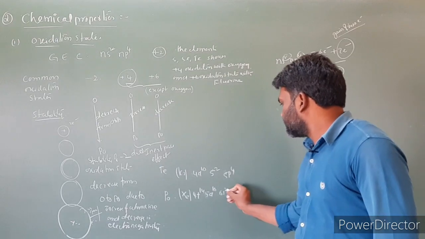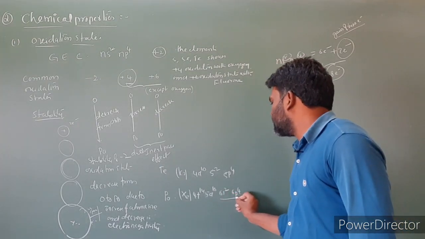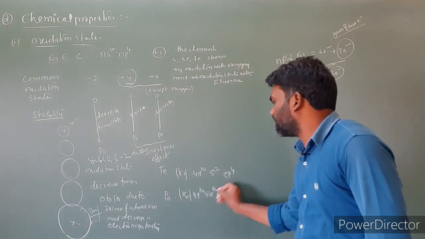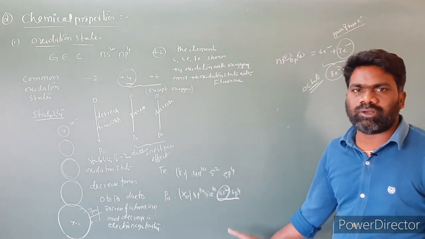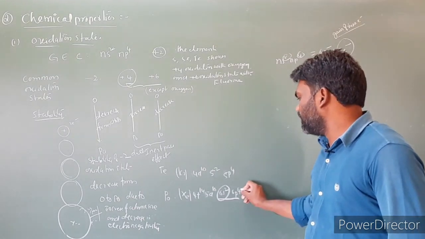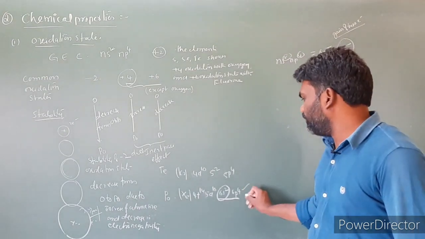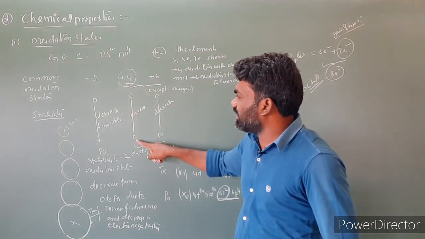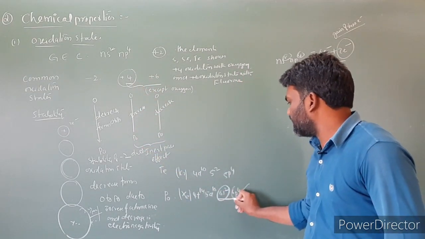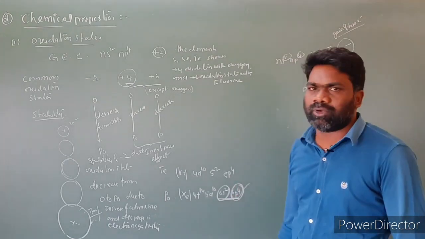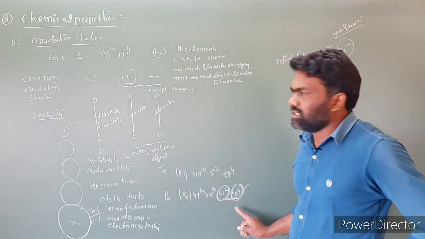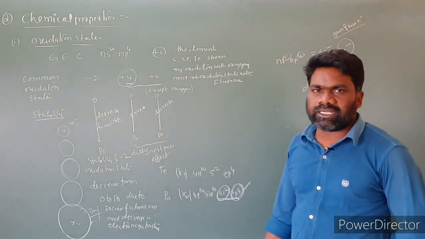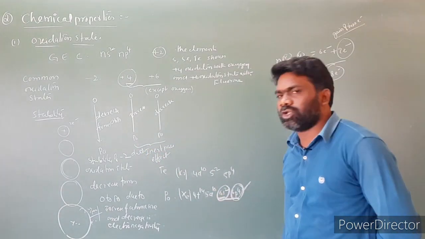Look at this. These are the valence electrons, 6s2 6p4. These 2 electrons, the 6s2 electrons, are not involved in the bond formation. So how many are available? Only 4 electrons are available for bond formation. So while moving from top to bottom, +4 is shown because of the availability of these 4 electrons for bonding instead of 6 electrons. So +4 stability increases because these 2 electrons are not involved in the bonding.